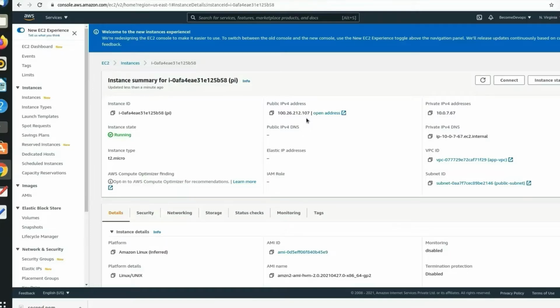Now suppose we are hitting Amazon.com or any of the regularly used sites. You are directly hitting the load balancer, not the instance. The load balancer in turn is taking your request and routing it to a particular instance. It follows an algorithm called the round robin algorithm. Suppose I hit it now, and there are four instances behind the load balancer. Since I hit first, the load balancer will take my request and send it